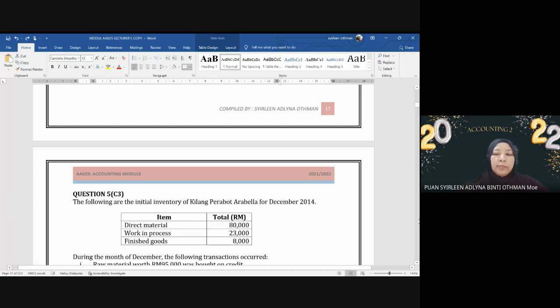Kenapa Izzat tiba-tiba alamak pula dia ni? Why is that? Belum apa-apa sudah alamak. Alamak aduh pula. Kenapa Haikal jatuh katil? Tak ada. Banyak sangat ke? Sikit lah tu. Considering you dah lama cuti kan? Tak ada apa nak risaulah. Alright. Okay, so